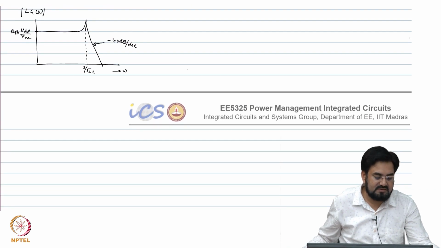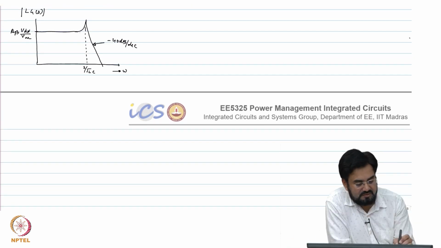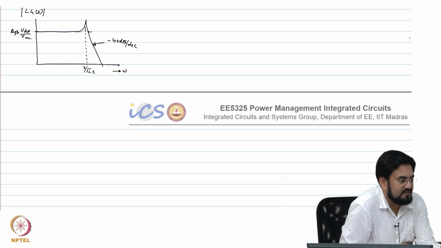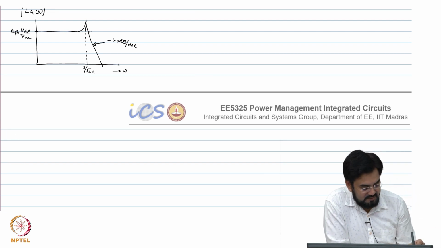So, where will it cross 0 dB? So, what is the gain here? A beta. So omega UGB equal to, so the slope is f naught over f square, or omega naught over, let us write in terms of